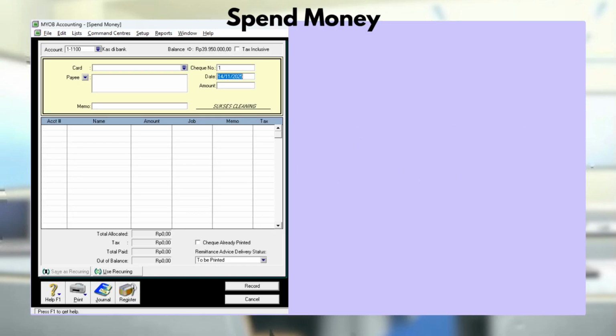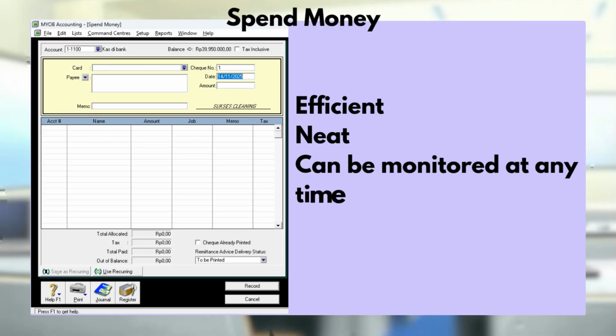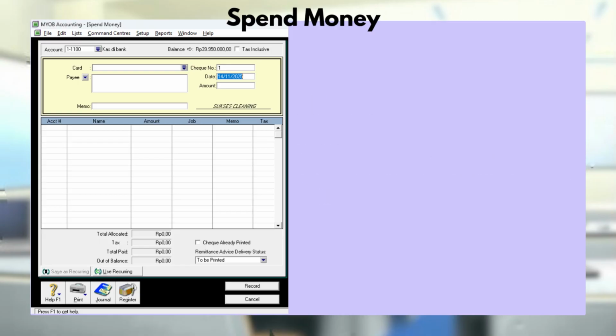After all data is filled out, simply click Record. MyUp will instantly update the bank balance and store the transaction in the system. This advantage makes MyUp far more efficient than manual recording because all data is neatly stored and can be monitored anytime through the financial report.